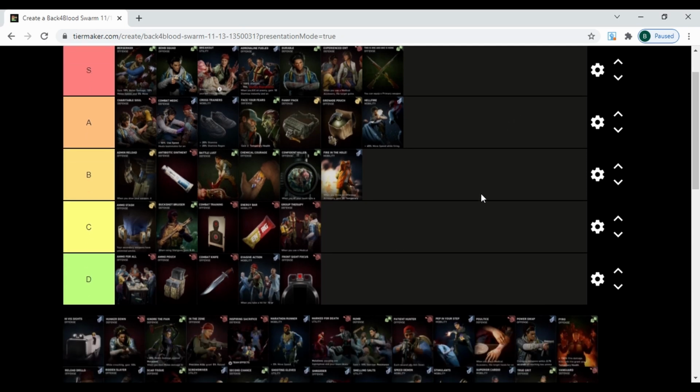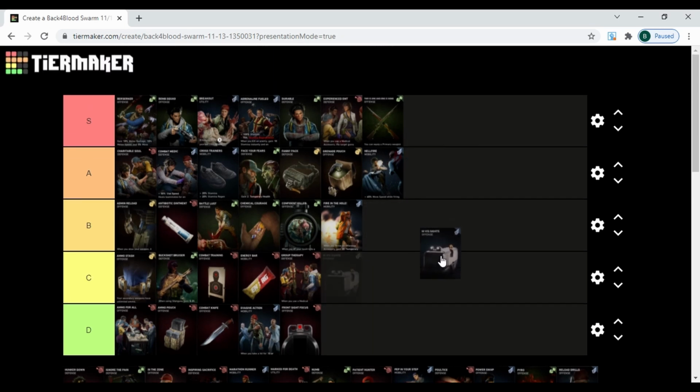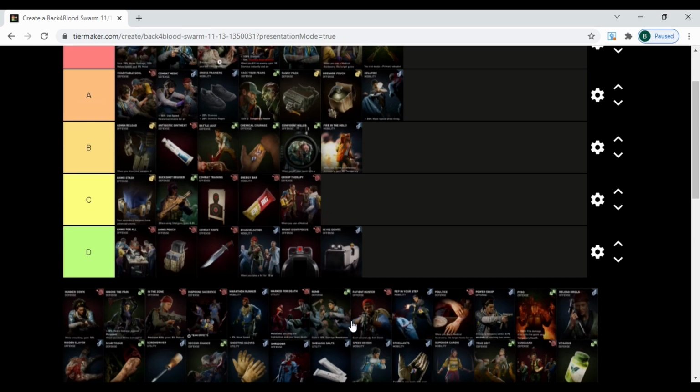Yep. So next you got High Vis Sights. So this is 40% aim speed. I'd say it's bad. Yeah, I'd say pretty bad. This is definitely only necessary if you really like running an LMG or a sniper class, and even then, if you pick